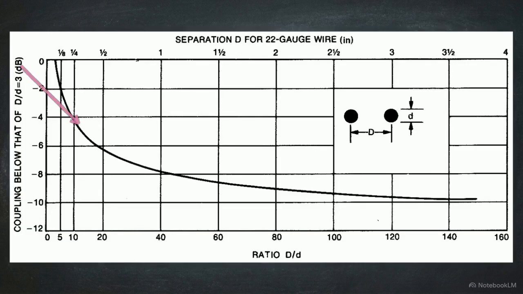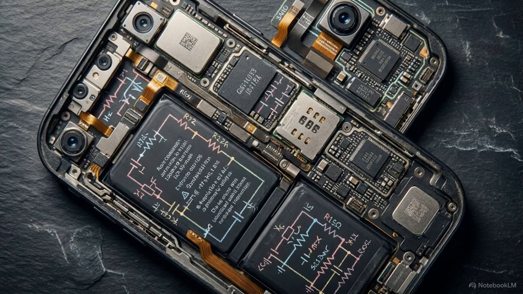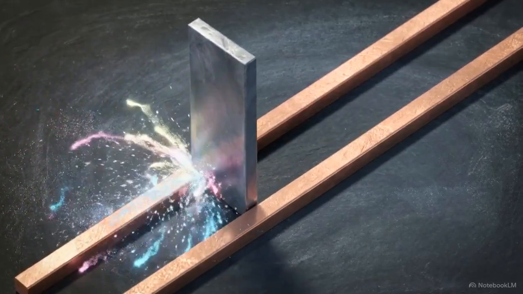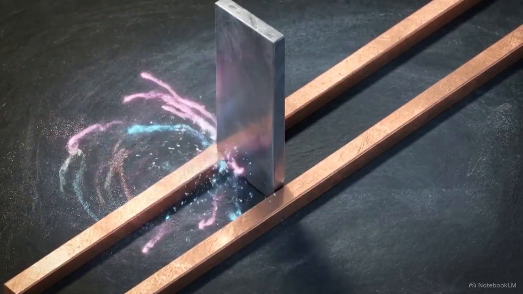This graph shows conductor spacing versus mutual capacitance. Moving wires apart causes an initial rapid drop in coupling, but look at the long tail. Once separation reaches 40 times the wire diameter, the curve flatlines. Beyond that, adding space provides almost zero additional attenuation. Modern hardware is constrained by tight enclosures and dense printed circuit boards. We rarely have the luxury of routing cables inches apart to chase diminishing returns. Because physical separation alone cannot completely eliminate mutual capacitance, we have to introduce physical barriers to actively break the coupling